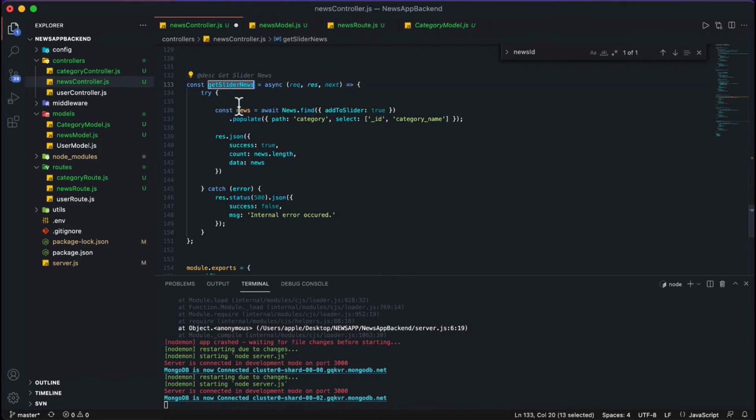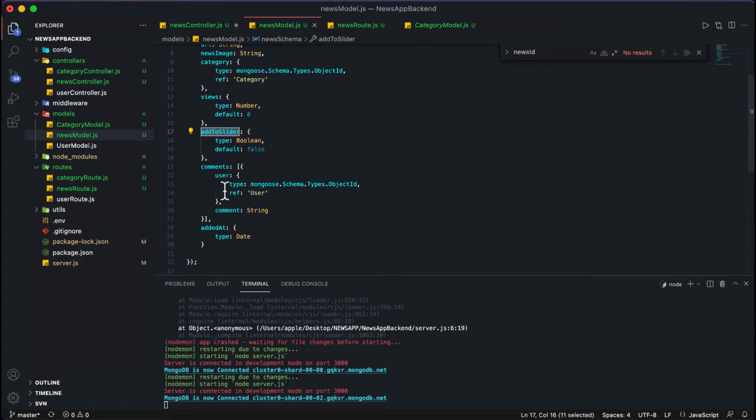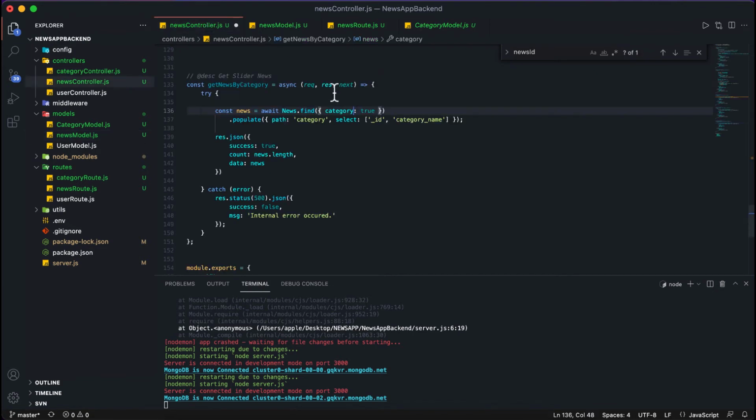Okay, like this. So here we will do get news by category. So here we need category ID, so I will pass it here, the category as it is defined over here as category only. This one. Okay, this will be the same one.